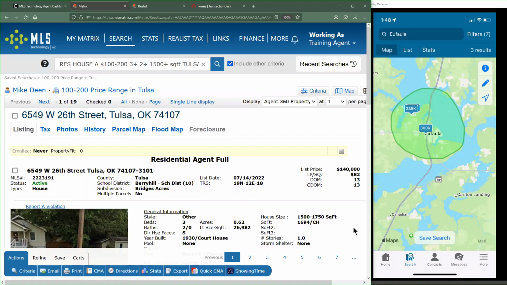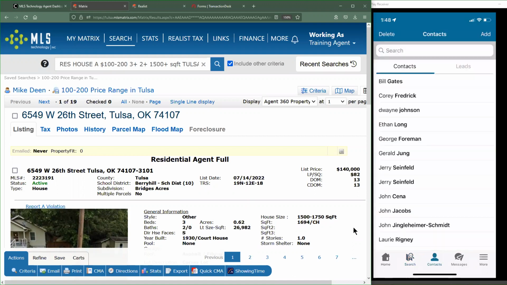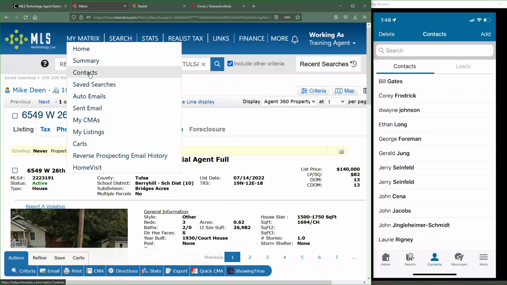Anyway, we also have a contacts page. Now the contacts page is going to be pulling over your contacts directly from Matrix. So let me show you guys what that looks like. If I switch back over here on Matrix to contacts,